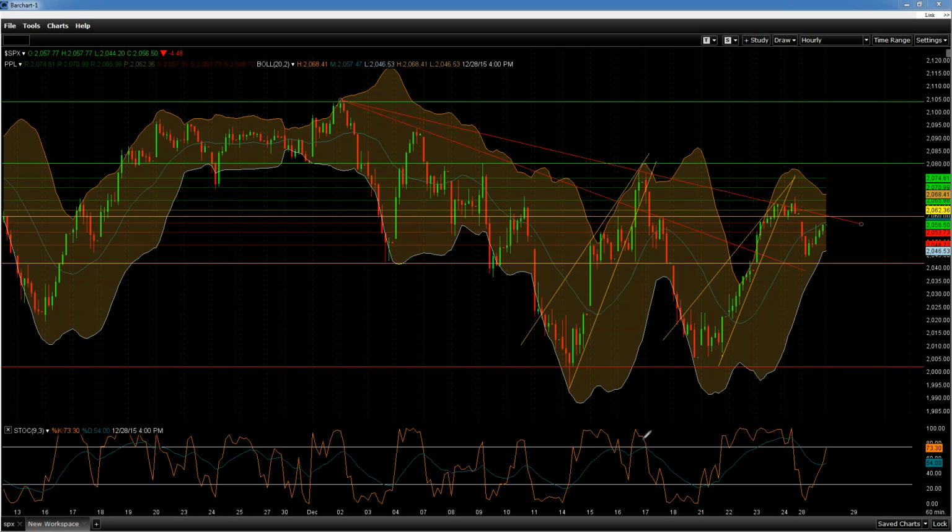Now, trying to understand the stochastic, there's a percentage D line and the percentage K line. I'm not going to get into that today because it's going to drive you nuts. You also have to know how these lines behave. Over time, as you use Quad and the Algo HFT charts, the bar charts, you're going to start to see how they move. The more you see how they move during the actual market day, not at 7 or 8 in the evening while you're pleasantly listening to my lovely voice, that's when you become proficient